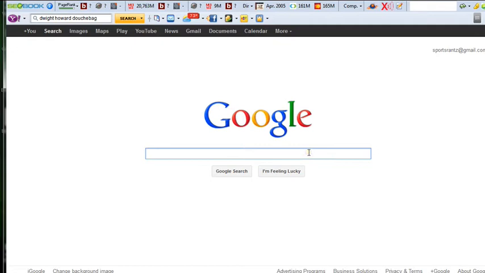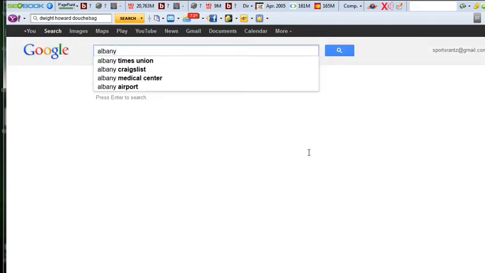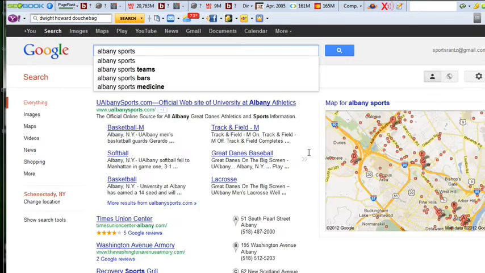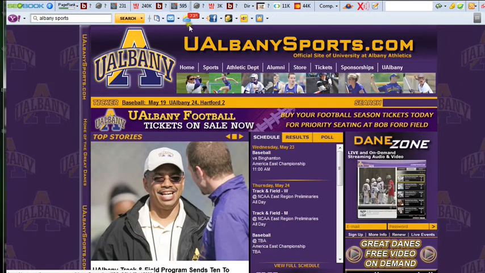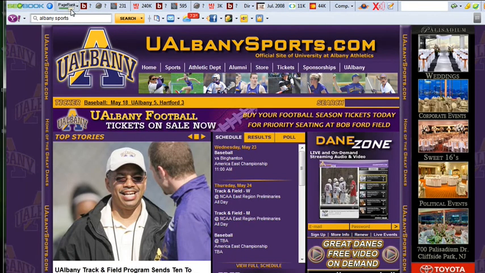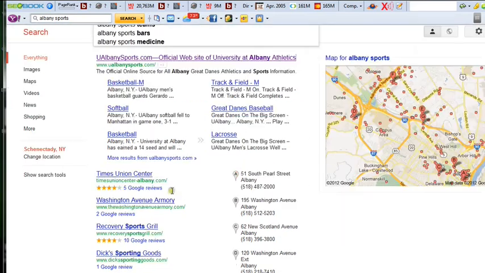Alright, so like last time, let's start off at our google.com search box. So let's start putting in something very simple. I want to put in Albany sports. And look at this. Automatically, here are my localized search results. Right off the rip, I'm getting UAlbany sports, ualbany.com, which actually, don't let the .com fool you. Ladies and gentlemen, this is one of those sites called an EDU. This is an EDU website. It's got a page rank of 6. This is an EDU. It's just a nice .com extension. Very good job by them.